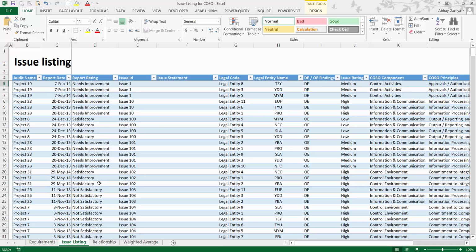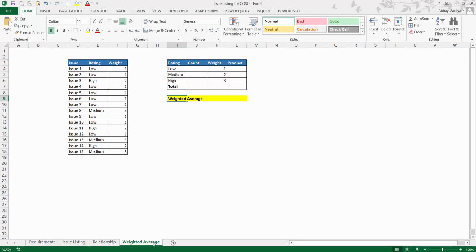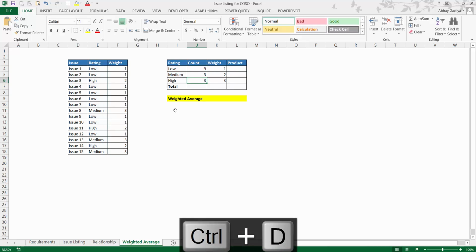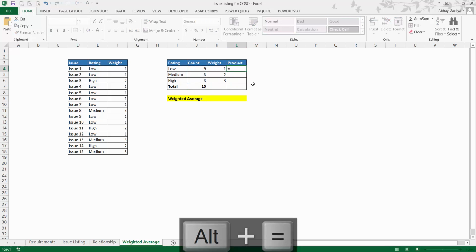Moving on, we will be using a kind of weighted average to build up the dashboards over here. So what is that weighted average? Let's have a look at it. I'm giving a weight of 1 for a low rated issue, 2 for a medium rated issue and 3 for a high rated issue. Here we will be counting the number of issues which we have identified, so I will be using a COUNTIF. Select this, all of them, press F4 and this one. Okay, so I'm just copying this below by pressing Ctrl D and take a total over here. Done. Now let's multiply both of them